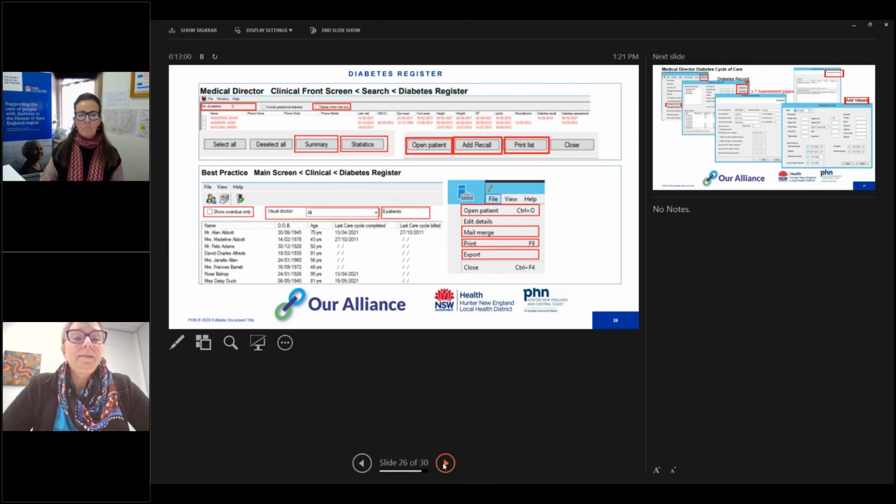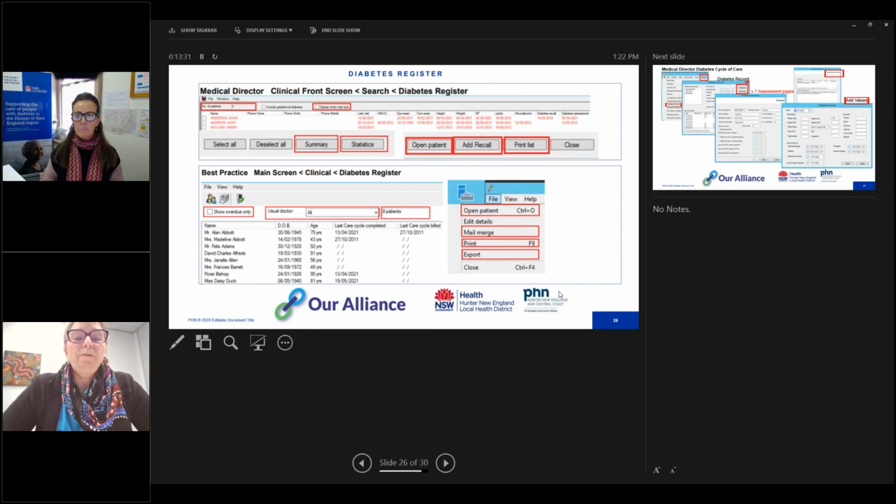Thanks. So once you're in the Medical Director diabetes register, there are some quite good things that you can do there. You can just display overdue patients, which would be the red patients, they're listed. You can get a summary of the patient's diabetes cycle of care. You can open the patient. You could add a recall to that patient. But also you can look at your practice statistics as well across the whole cohort,